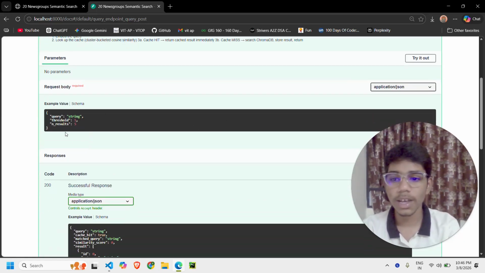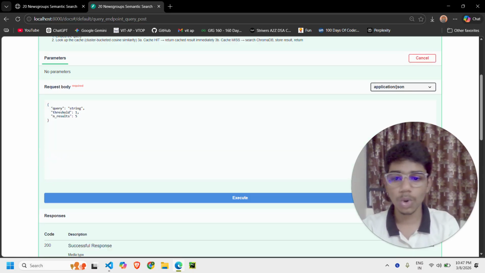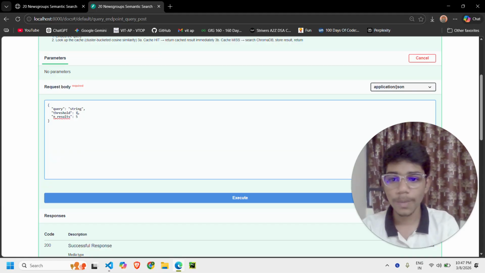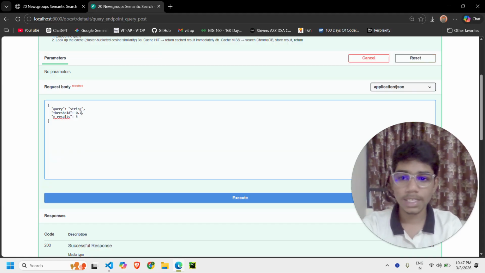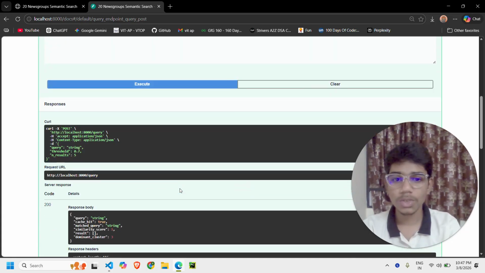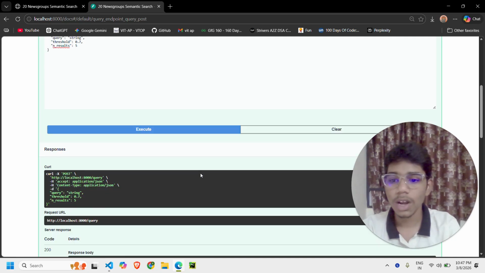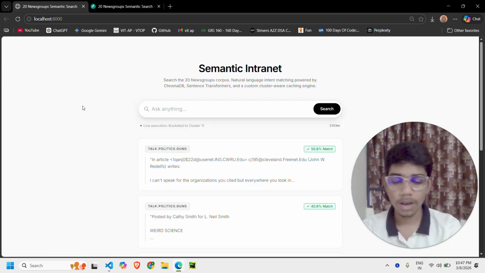Here I have set the default threshold as 1, but let us decrease that threshold to a lesser value, 0.7. We have declared 0.85 as the optimal threshold. I will also show you how we have declared it. So if I set a 0.7 threshold and search for the string politics